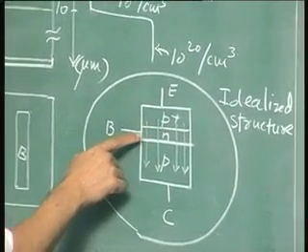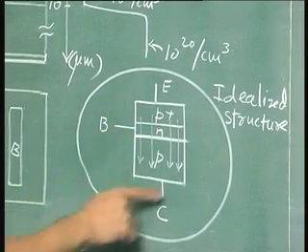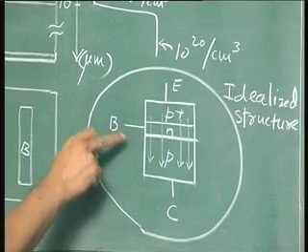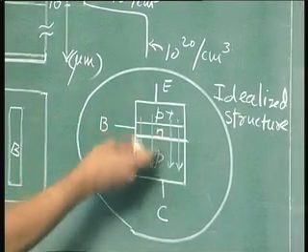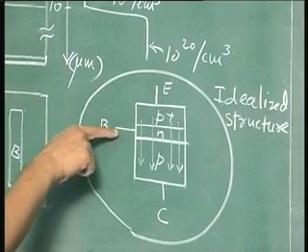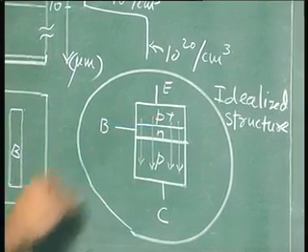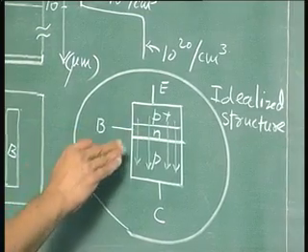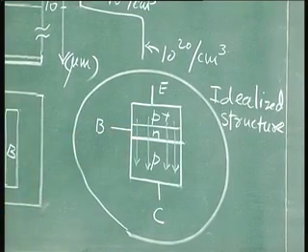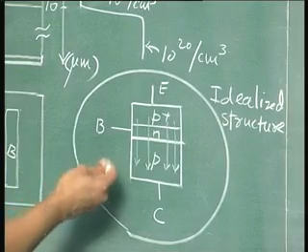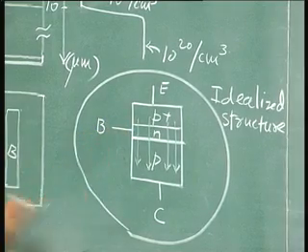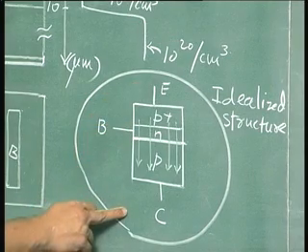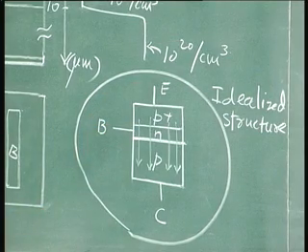side, but its effect will not be considered in our analysis, meaning that we are going to consider the effect of the base current definitely, because without base current you cannot have this current flowing. As we will see, the base current controls the current between emitter and collector. But what we are saying now is that the lateral flow of the base current, the effect of this we will not consider in a simple analysis, and later on we will show how you can accommodate this effect also. So our analysis will be based on this particular idealized device structure of a PNP transistor.